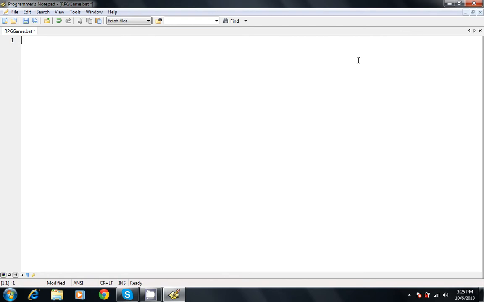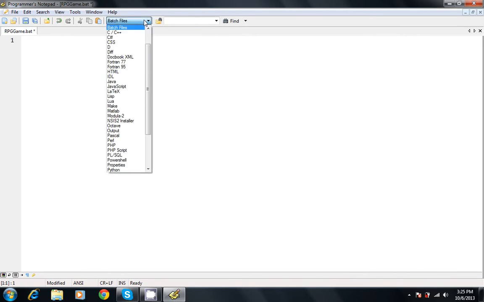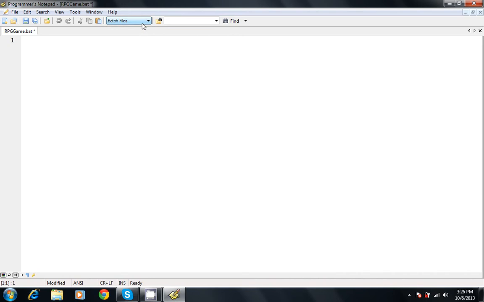In order to start, you need your own text editor. You can use Notepad, Notepad++, but the one I use is called Programmer's Notepad. Link will be in the description if you want to get it. Really helpful to use. It has a lot of very fun utilities for you to make your own programs. You can do plain text, C++, Bash files, which we'll be using, Scheme, Java, JavaScript, HTML, you name it. It's really that impressive. Whoever thought of this should get a lot of credit. So anyway, in order to start, we need to